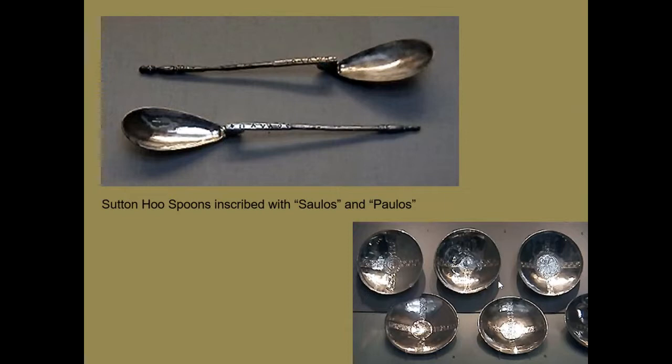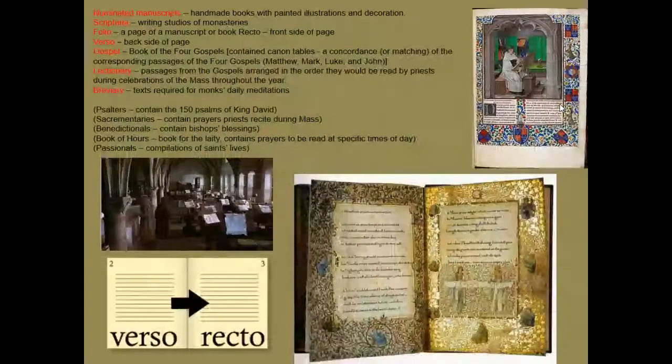Also found at Sutton Hoo is the example of these rather remarkable engraved spoons. The spoons and bowls certainly give us the idea that Christianity had found its way through the Roman Empire into the British Isles. The spoons themselves are in fact inscribed with the words Paulus and Saulus, which would be the name for Paul. Paul's name prior to his conversion on the Damascus Road was Saul. So between the inscriptions here and the cross shapes in the bowls, we certainly can see some of the early Christian influence in